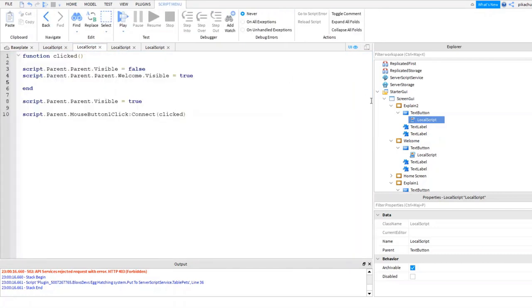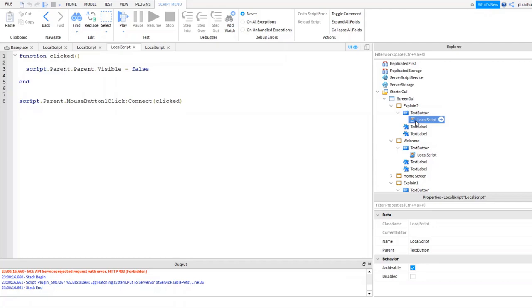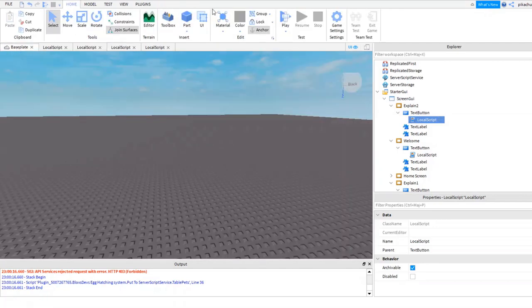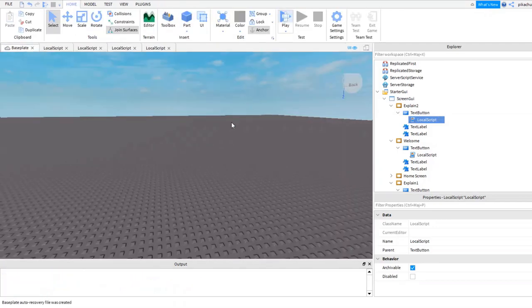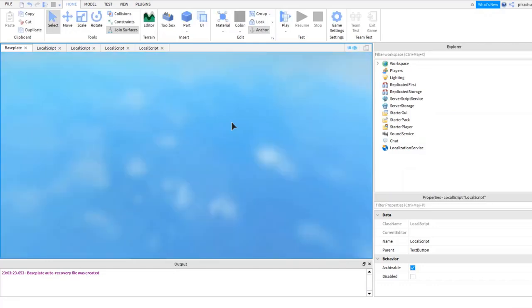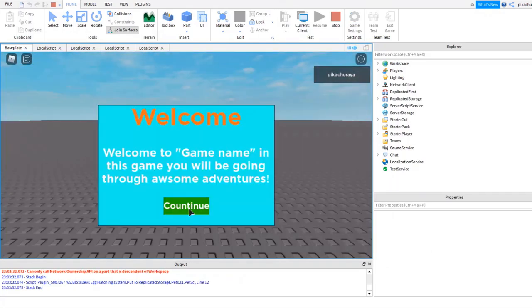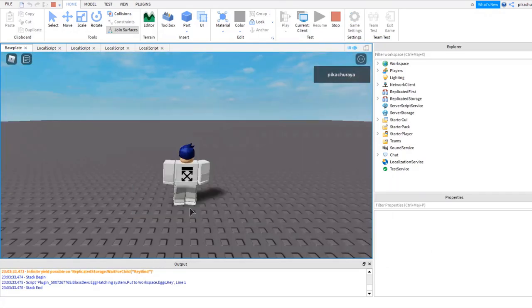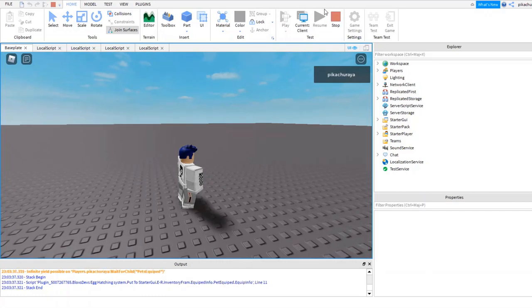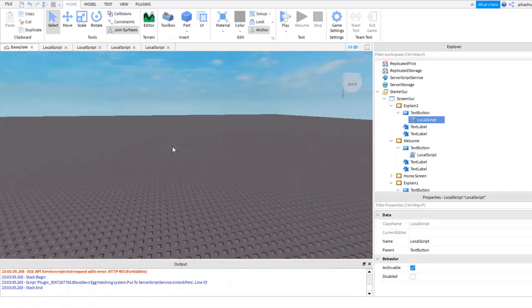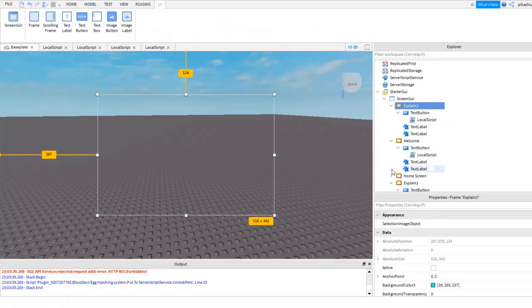If we run it, by the way, we didn't change the GUI's look yet, but you're going to see that it actually works, though it will just make the frame appear 3 times, and it will look like nothing is happening because all those 3 frames, welcome, explain 1 and explain 2, are the same. Though it is working. So we're going to change the frames to make it look better.